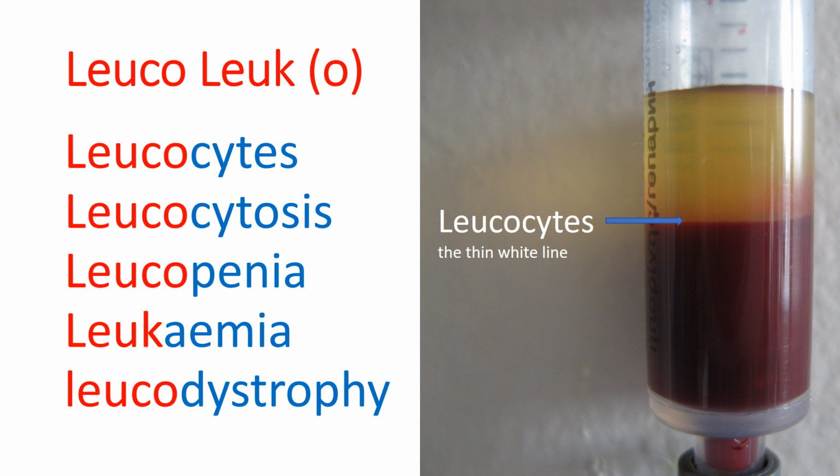Now, leukocytosis would be a condition where there is an increase in the number of white cells. So, for example, if you had an infection, the white cells will increase in number to combat that infection and cause a leukocytosis. But conversely, if there were not enough white cells, because of bone marrow suppression, for example, there would be a leukopenia. So leukopenia is a deficiency of white cells that can lead to immunocompromise.